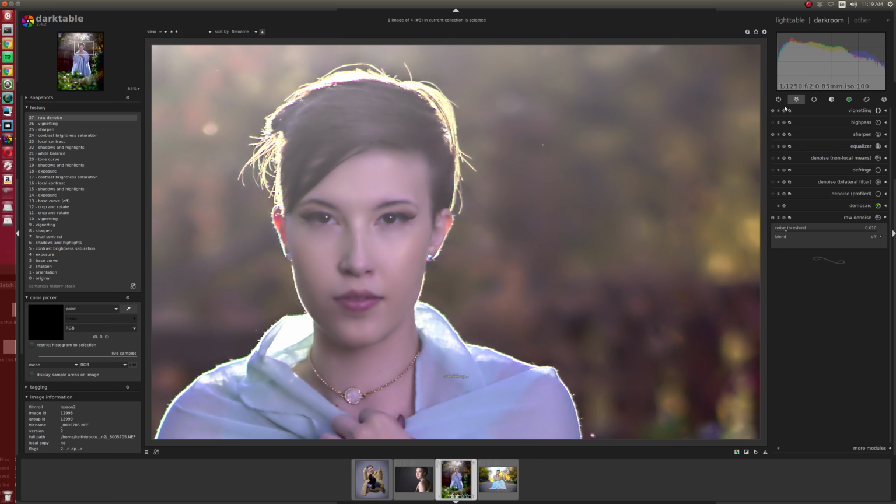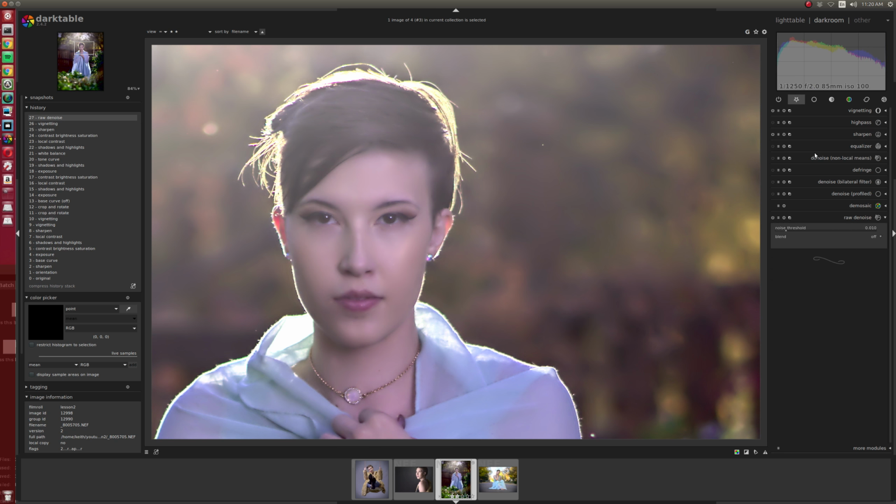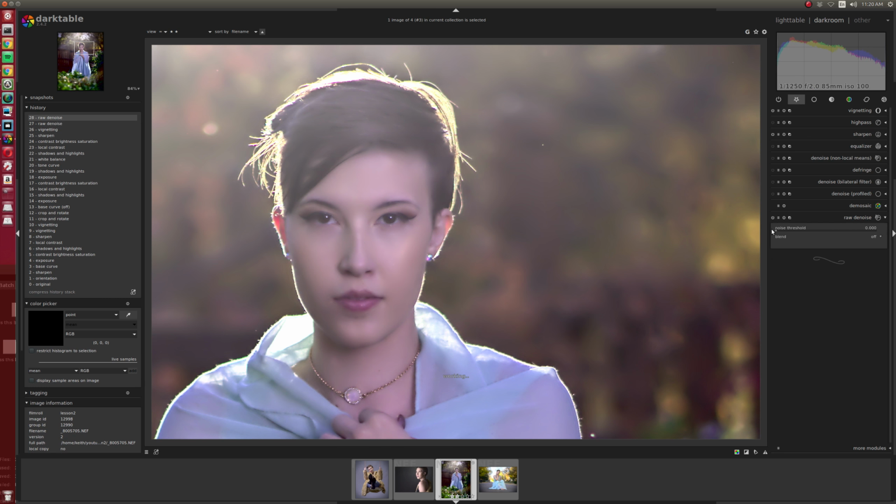It's happening really early. Remember we talked about this pixel pipe? It's happening really early in the steps of processing of the image. So this is the unmodified image, and then Darktable is putting it through things in this order. So raw denoise is really, really early in that order, like right up front, even before exposure. But if you take raw denoise and you start at 0, and you just click it up,